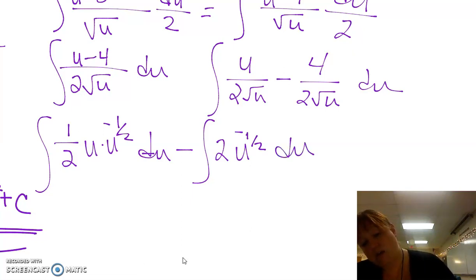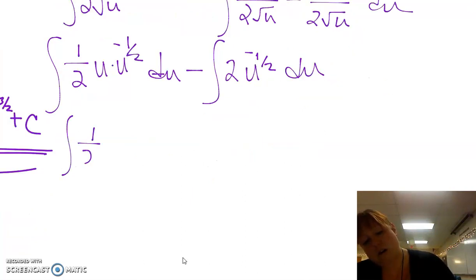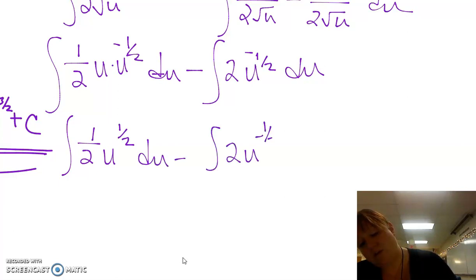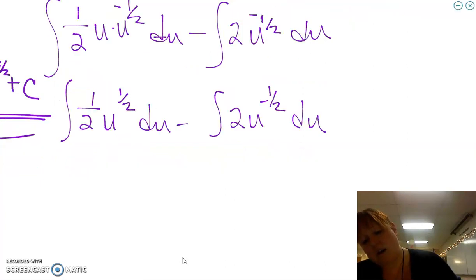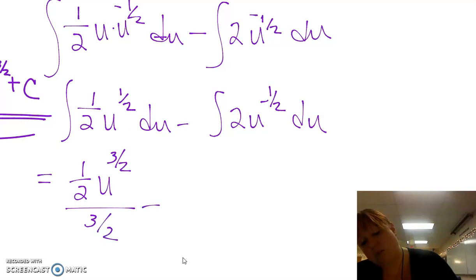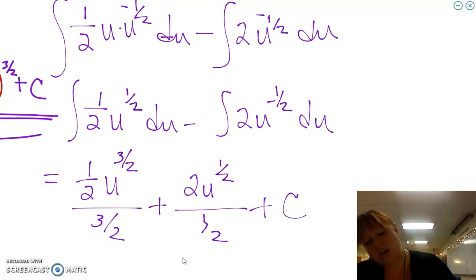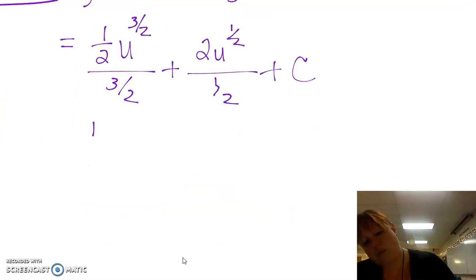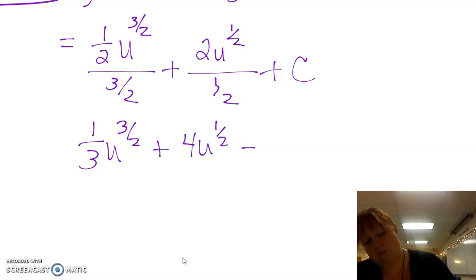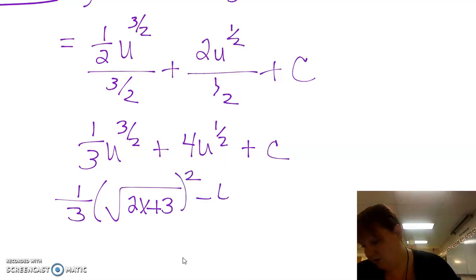And then that becomes 1/2 u to the 1/2, let's add those together, du, minus 2u to the negative 1/2 du, and I have less than a minute to finish this up. So that's going to equal 1/2 u to the 3/2 over 3/2 plus 2 u to the 1/2 over 1/2 plus c. And in the end, that's going to be 1/3 u to the 3/2 plus 4u to the 1/2 plus c, and then we're going to sub that back in, and I'm just going to write this, and hopefully this is what we got. 2x plus 3 squared minus 4 times 2x plus